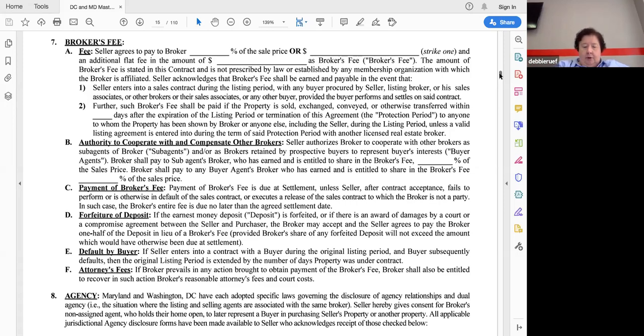The amount of the broker's fee is stated in this contract and is not prescribed by law or established by any membership organization with which the broker is affiliated. Seller acknowledges that the broker's fee shall be earned and payable in the event that,